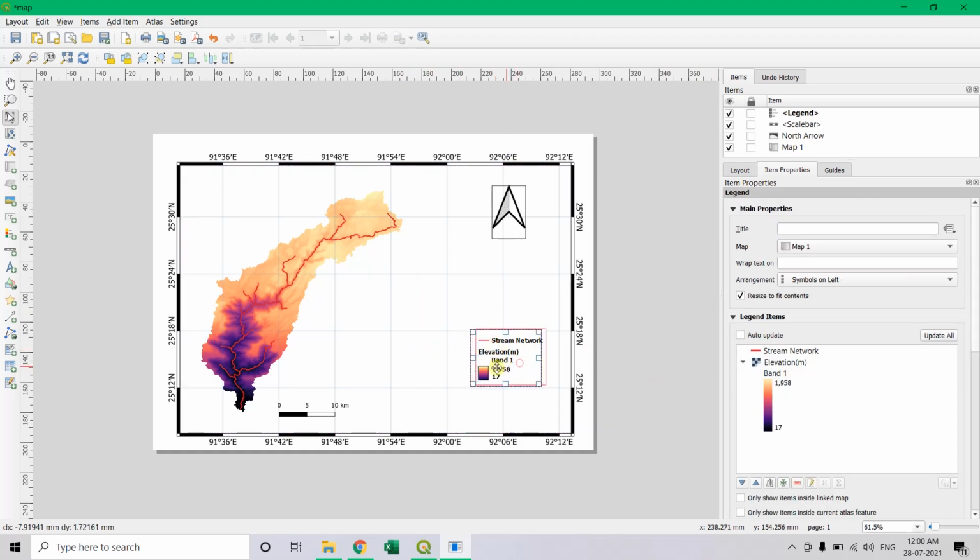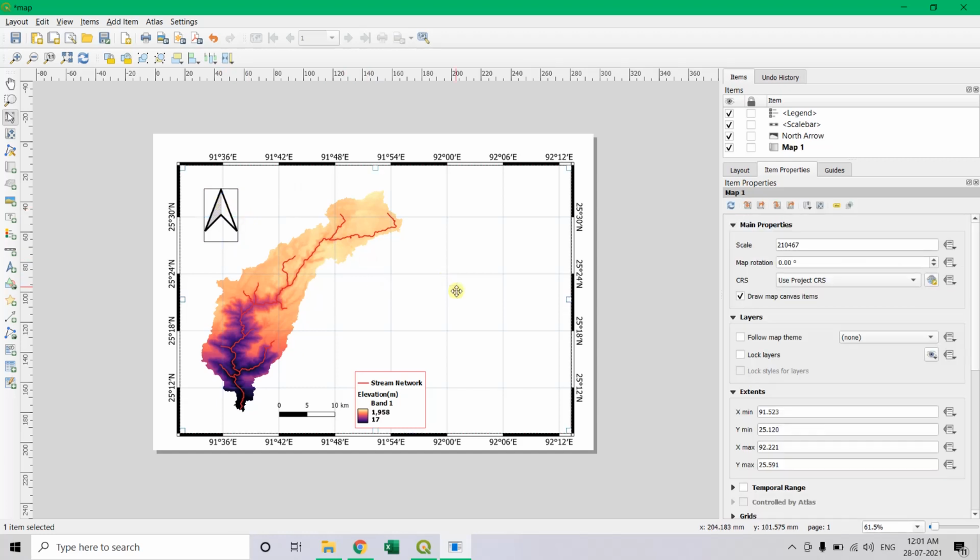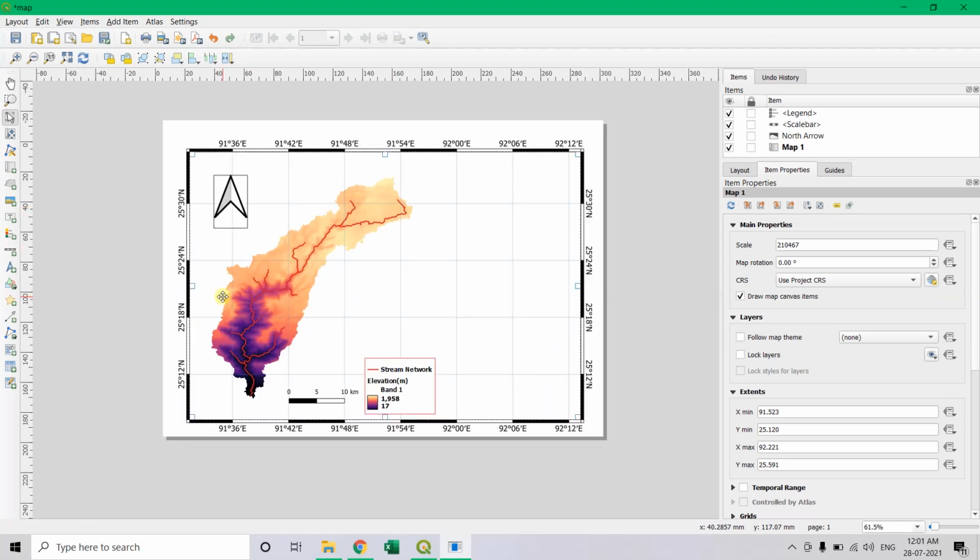Want to change this, then drag it here and click this. And to make some space here, we can change this north to here, drag it and place it here. Now you must have seen that most of the journals and books will display here the original map, meaning this is the part of some map and it has been extracted, so to give a proper reference to this map, we can add here the base map.